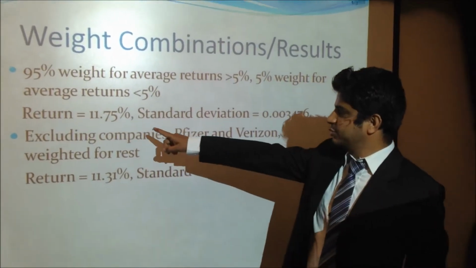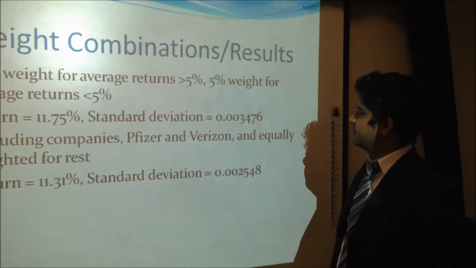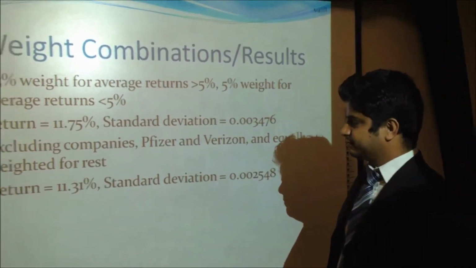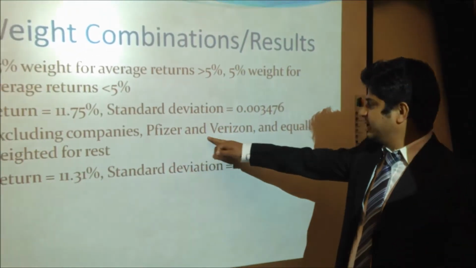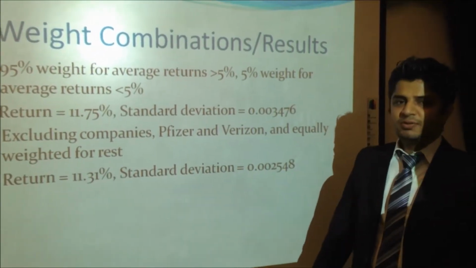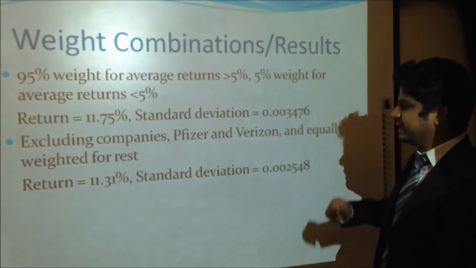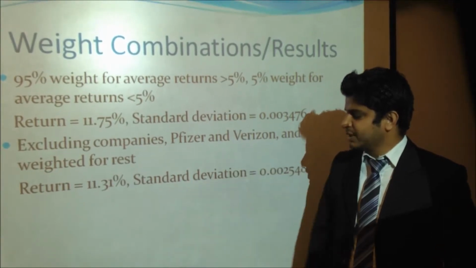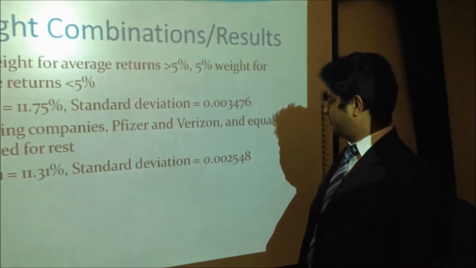And I got the return to be 11.75% and the standard deviation of 0.003476. In the next portfolio, I excluded Pfizer and Verizon, which were the lowest performing companies, and just included 16 companies in the portfolio with equal weights. And I got the return on that portfolio to be 11.31% and the standard deviation of